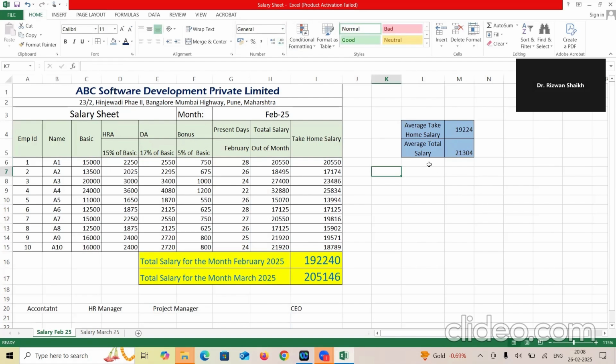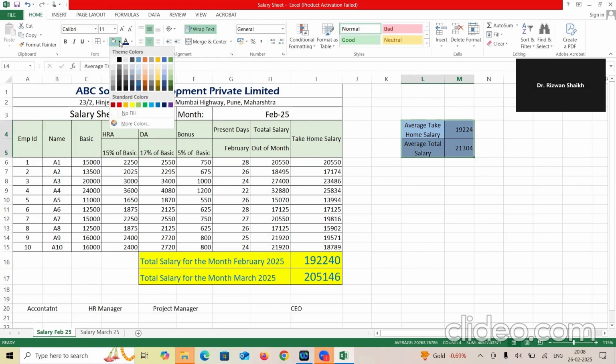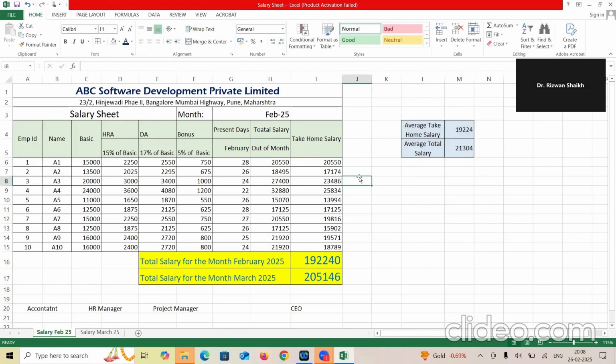नाउ बोथ सैलरीज आर एवरेज सैलरी, इसका भी निकल गया और इसका भी निकल गया, दोनों एवरेज सैलरी मेरे पास है। एनीथिंग वॉट एवर यू वांट ना, यू कैन डू इट। ये तो मैं सिंपल बता रहा हूँ आपको। सी, एग्जांपल लेके मैं आपको क्यों बता रहा हूँ, सो दैट यू कैन अंडरस्टैंड द फॉर्मूला। बेसिकली क्या फॉर्मूले आएंगे, वो फॉर्मूले आप अभी चेक कर सकते हो। मैं थोड़ा सा इसका फॉन्ट कलर चेंज करता हूँ, सो दैट विल बी विजिबल।